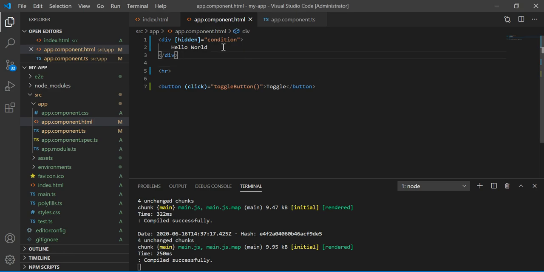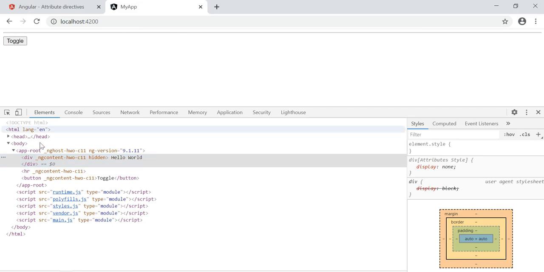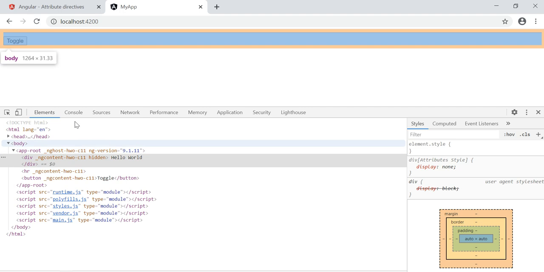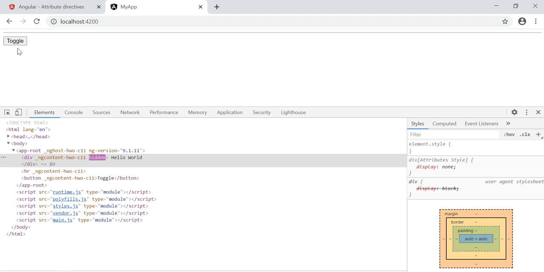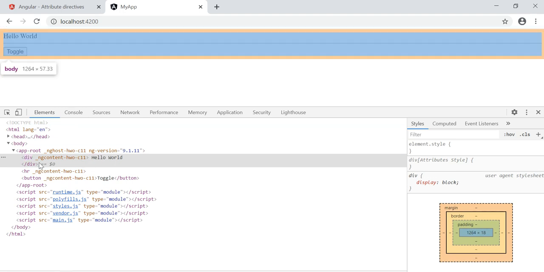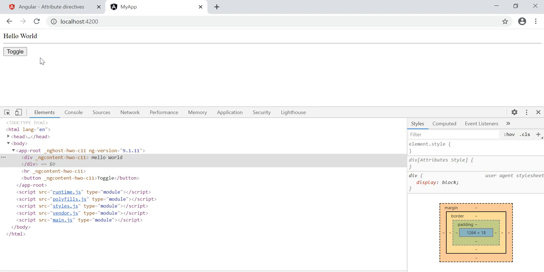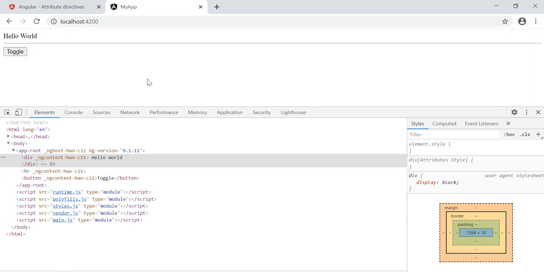So by default it is hidden, and if the condition is true, then it is still present but it is not visible, so we'll make it visible by toggling, right? So this is the thing, it occupies the space in your DOM. This is your DOM, document object model, right? Whatever you can see inside this body becomes a document for your web application, right?